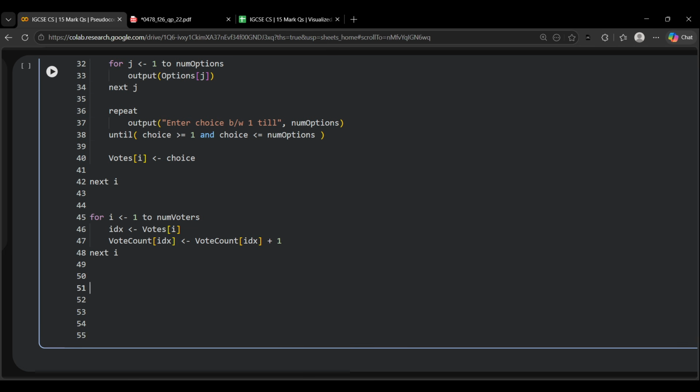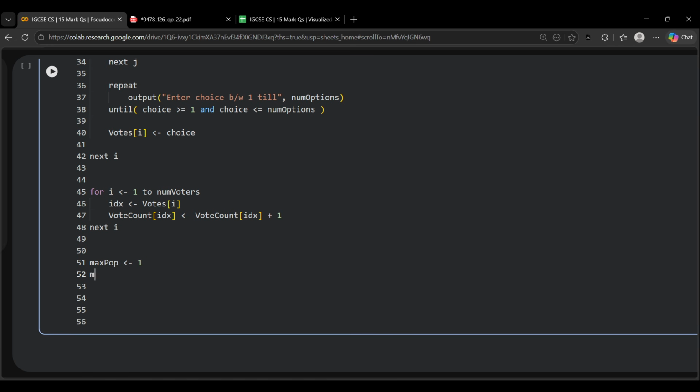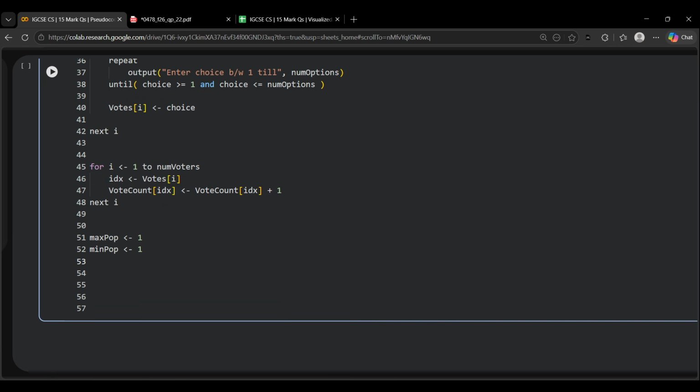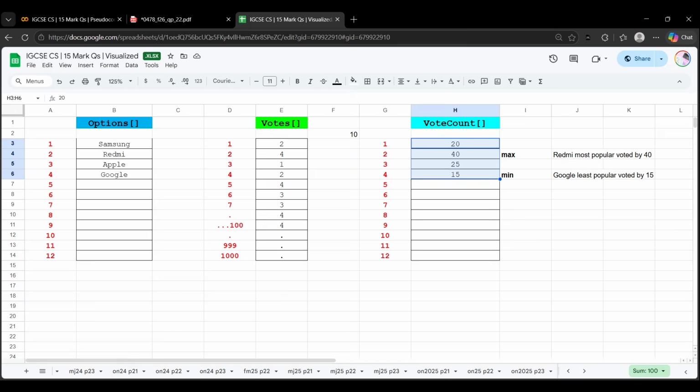So let's make the appropriate variables first. Let's call them maximum popular and minimum popular, or least or max, whatever you want to call them. And then we have the max votes. I'm just assuming that this is at index 1, and then minimum votes are also at index 1 of the vote count array. This is just an assumption that we're making instead of making a guess. Okay, so we're assuming that max and min both are set to this value 20,